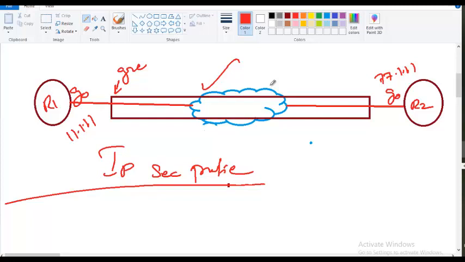And if anything goes through the tunnel, that gets protected. Anything that goes via G0/0 without using the tunnel is not going to be protected. So we are separating the functions: all the security things under the tunnel interface, the non-security things under the normal traffic flow physical interface. So what is needed is a tunnel interface. We create a tunnel